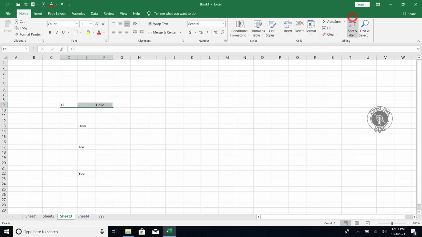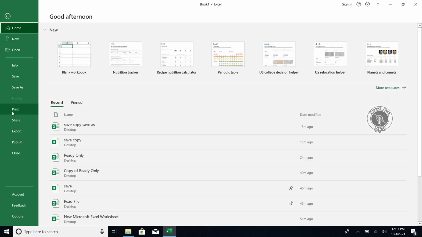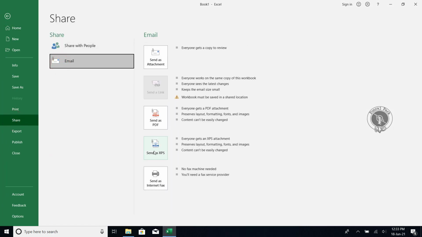So like this you can send this file as PDF, and you can also send it as XPS. XPS is the same as PDF, they have no big difference, but PDF is from the Adobe company and XPS is from Microsoft. And PDF is better, because you will have many more options, and it's a standard format all over the globe. People use PDF attachments, PDF files. They have some more options for editing, like adding some text, comments and so on.